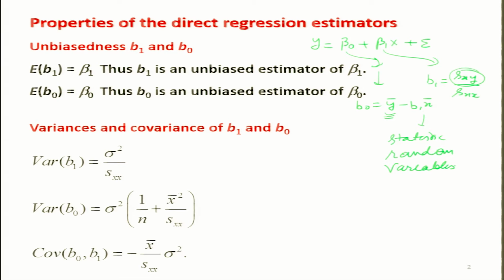So, whenever we come to any statistical estimation procedure, there are several criteria, there are several properties through which we try to check whether the estimator is good or bad. First property is, say, unbiasedness, then we have another property, variability, then we have consistency, then we have sufficiency, and we have completeness.